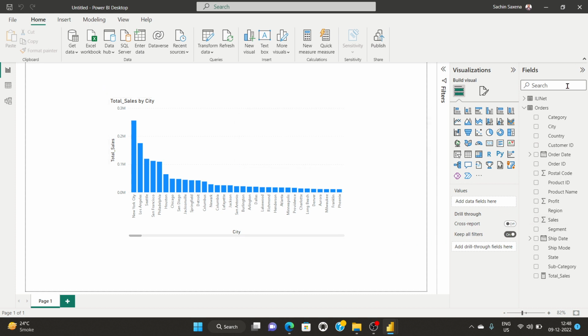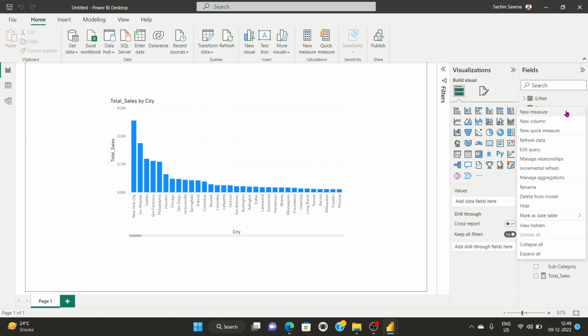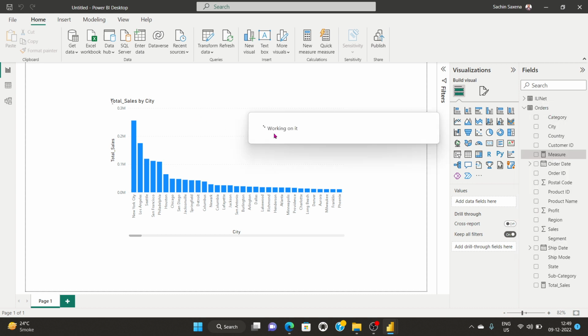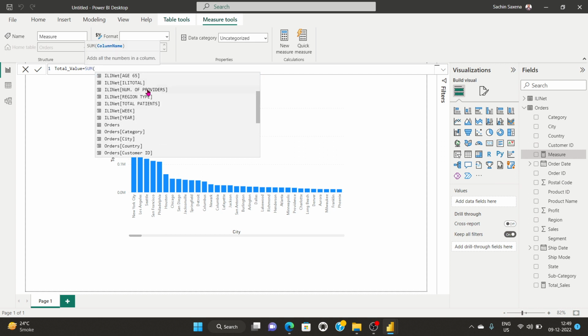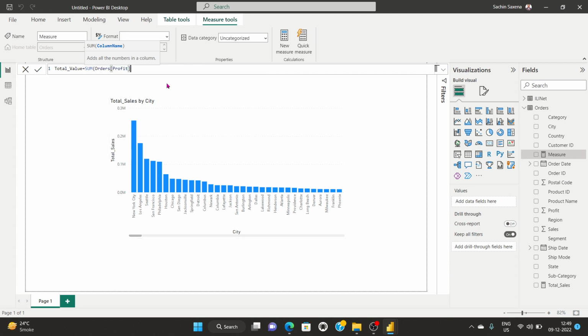So what I'll do, I'll click on the order detail orders table and click on new pages, and once I click on new pages, I'll select the total underscore value, and then I'm going to click sum, and inside this summarize sum function I'm going to give the sum of profit this time plus sum of profit, and giving another table name, that is orders. Let's say I'm giving orders